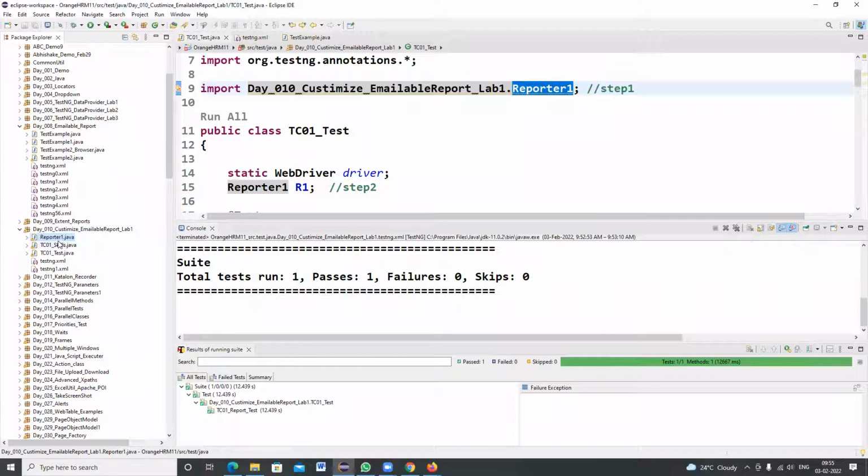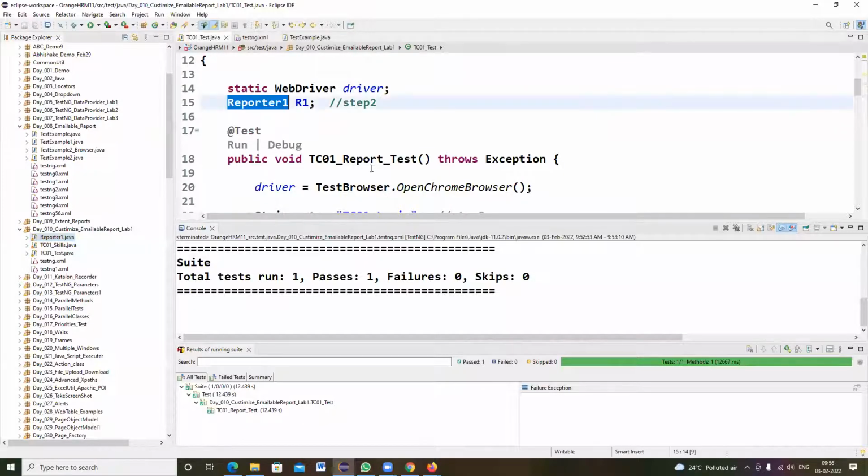And how to develop this Reporter1 part, you will come to know slowly after 3 or 4 years of experience only. Because to write these supporting class files, you have to be expert in HTML and Java, all those things. Okay. But nobody will expect you to develop reporting class files if you have less than 3 to 4 years of experience. They won't expect it.